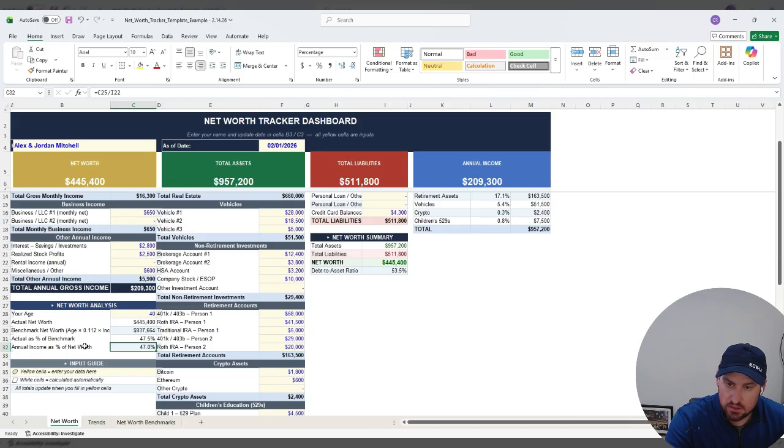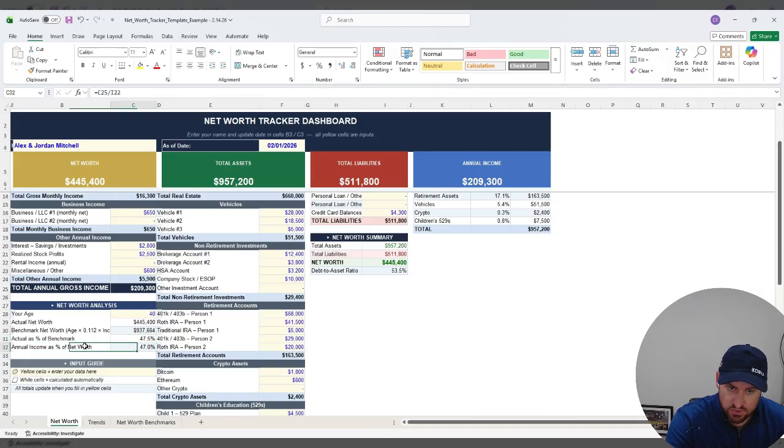And so the lower that number is, unless you're relying on your annual income to contribute to your net worth, in theory, mathematically, the idea is, the better shape you might be in to retire. So 47% would be considered kind of high. All right, so if your net worth was $1 million and your annual gross income was 209,